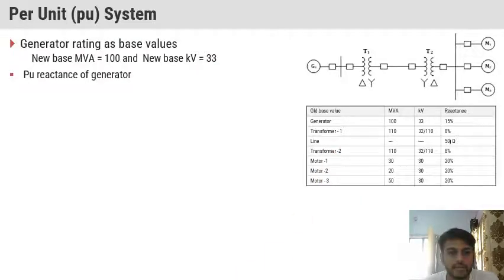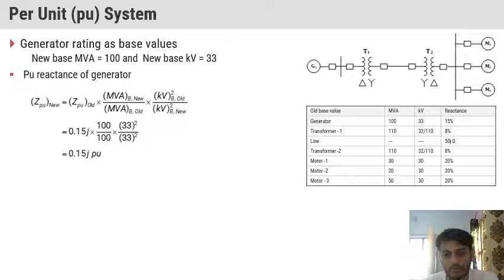First of all, we find all the new reactance values, because we have these values on particular rating values. For generator G1, we have 100 MVA power and 33 kV voltage, and its reactance is 15 percent. This reactance is on the base of 100 MVA and 33 kV. Since we have the same base, its reactance value does not change. It will be the same as before because we have the same generator base ratings.